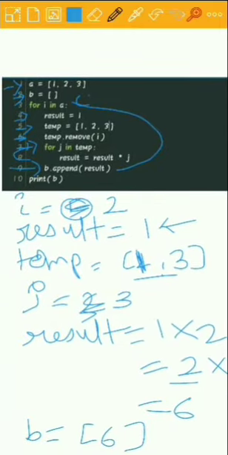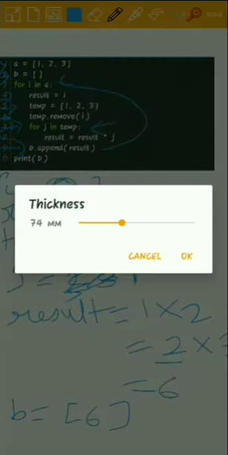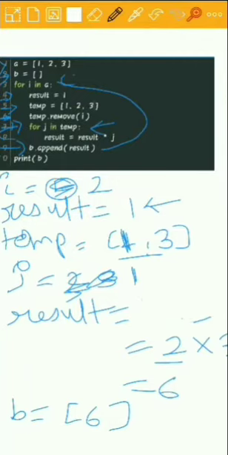Now for multiplication, again we enter the for loop. The initial value of j will be 1, so result 1 into j value 1 is 1.